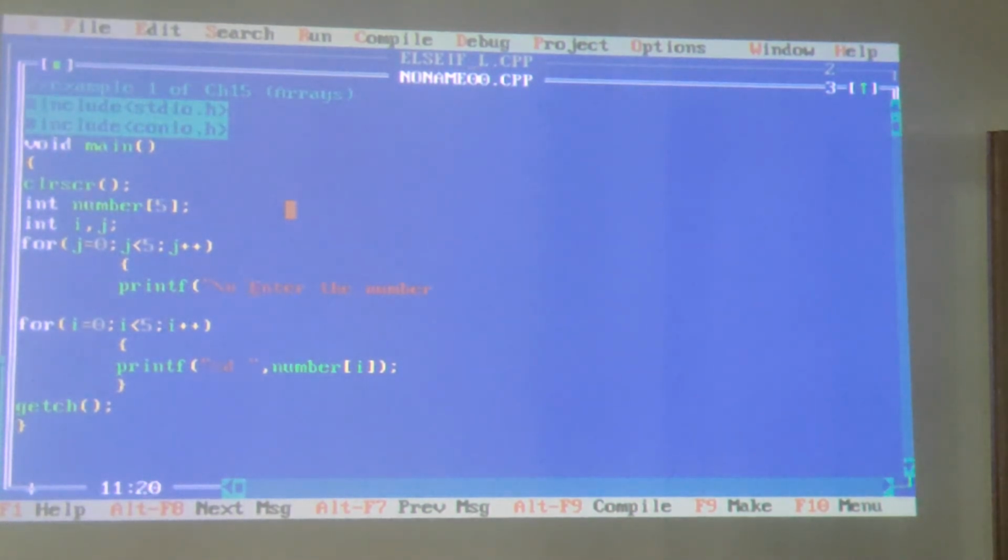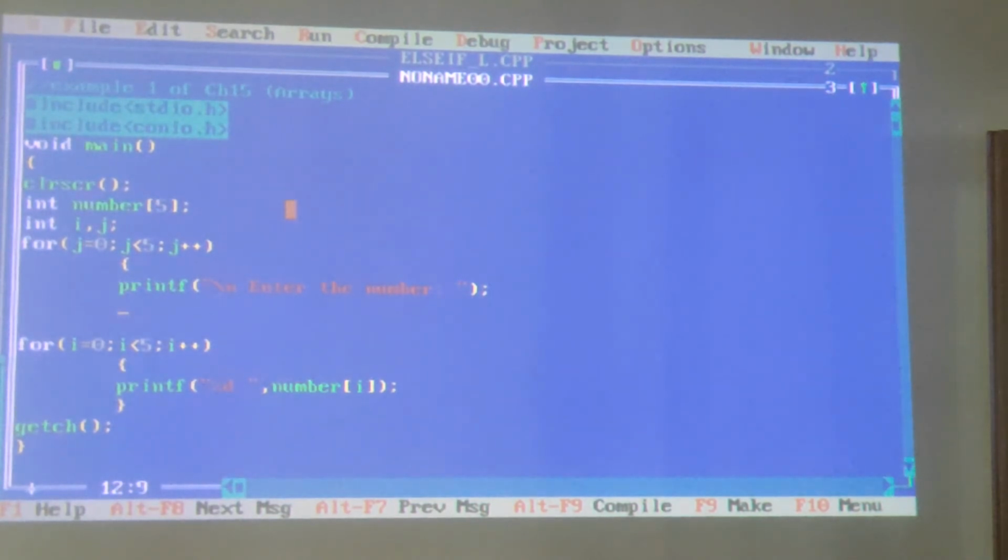Then "Enter the number", I put a colon here, leave a little space, and close this. So every time the loop runs, it will display the message to enter the number, in a new line. Now we need to scan the number.